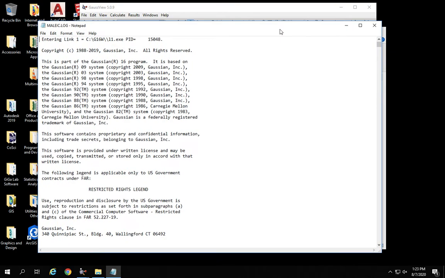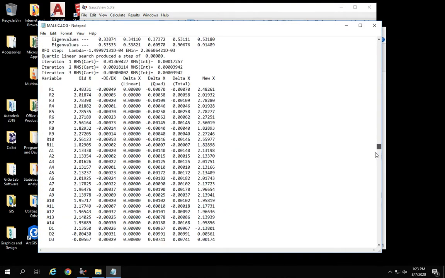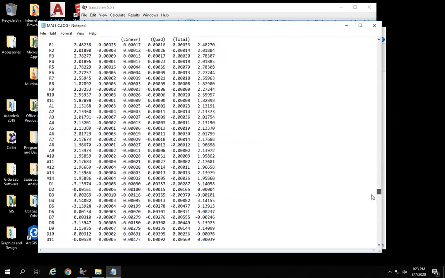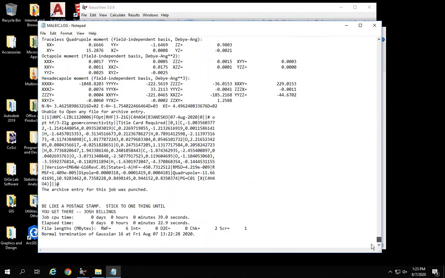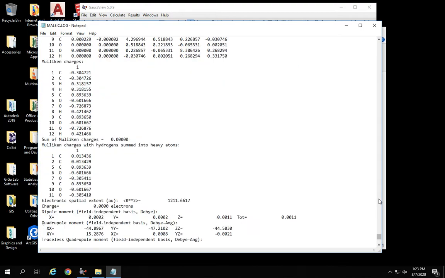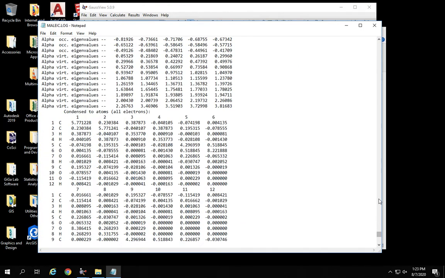Now you can see, and we're going to open these files again later in this discussion. So if you run into this problem, you scroll down, you scroll down, you scroll down. It's a bunch of information written out, different geometries, different energies, going down and down and down in energy. And at the very end, we have